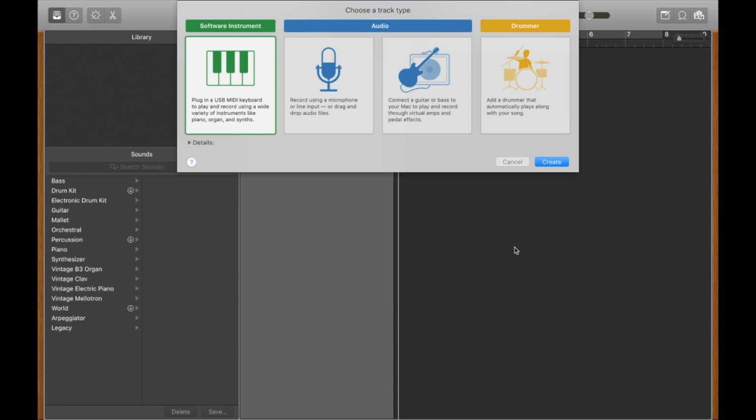Today we're going to be delving for the first time into software instruments, so using MIDI to program our own drum beats by hand. Now this is an expansive and exciting area, but before we jump in, I'd just like